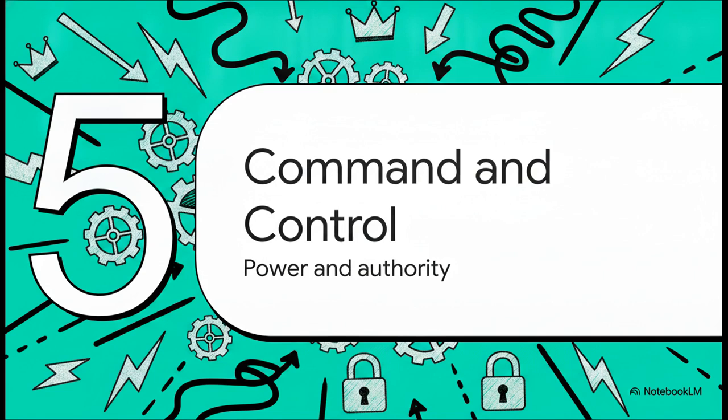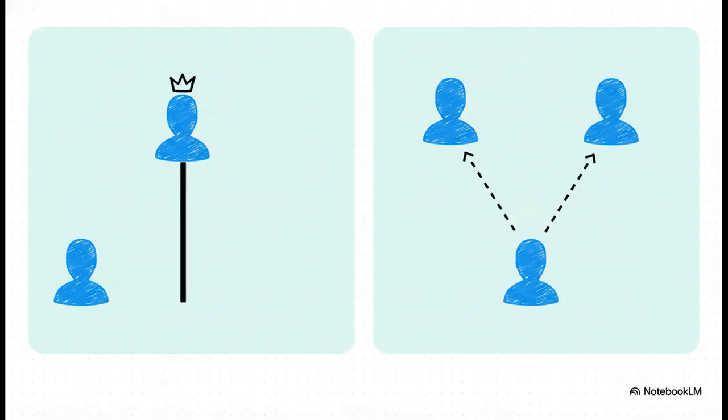Let's look at how power flows through all this. So traditional business structures lean heavily on this idea of unity of command, basically making sure nobody gets conflicting directions. You have one boss, period. But that matrix structure we just talked about, it intentionally throws this rule right out the window. In a matrix, an employee might actually report to both a functional manager and a product manager at the exact same time. As you can imagine, that requires some serious communication and emotional intelligence to keep power struggles from tearing